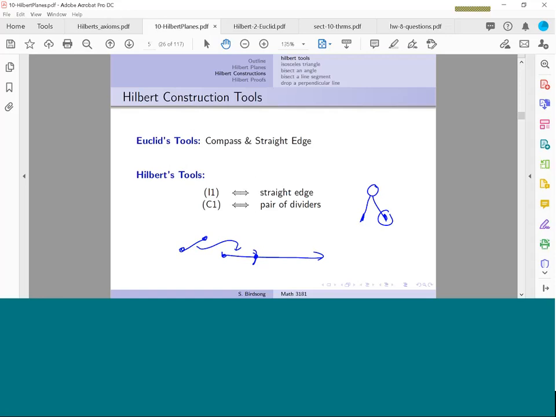Now, the third and last Hilbert Construction tool corresponds to congruence axiom number 4. So congruence axiom number 4 was the first congruence axiom that dealt with angles. So for this guy, and I'm going to go ahead and throw in the name of the tool that it corresponds to, but let me go ahead and put the picture of what it would do. You're given some angle, you have some ray, you go ahead and you copy your angle over onto the ray so that it matches. Okay? Now, the physical tool that corresponds to this axiom C4 to copy angles